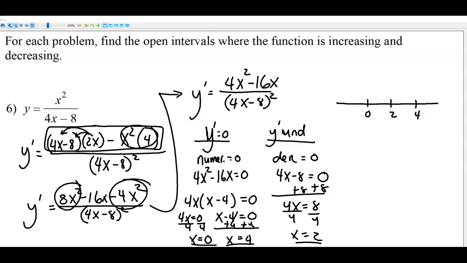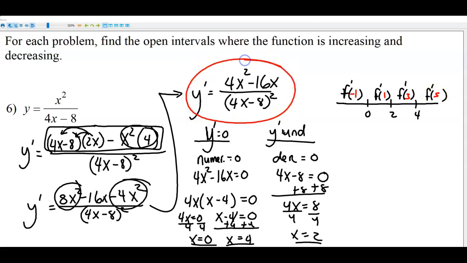And we're going to be plugging in a point to our derivative for each of those intervals. So I'll plug in -1, 1, 3, and 5. I'll be plugging it into this guy here, and we'll see if we get